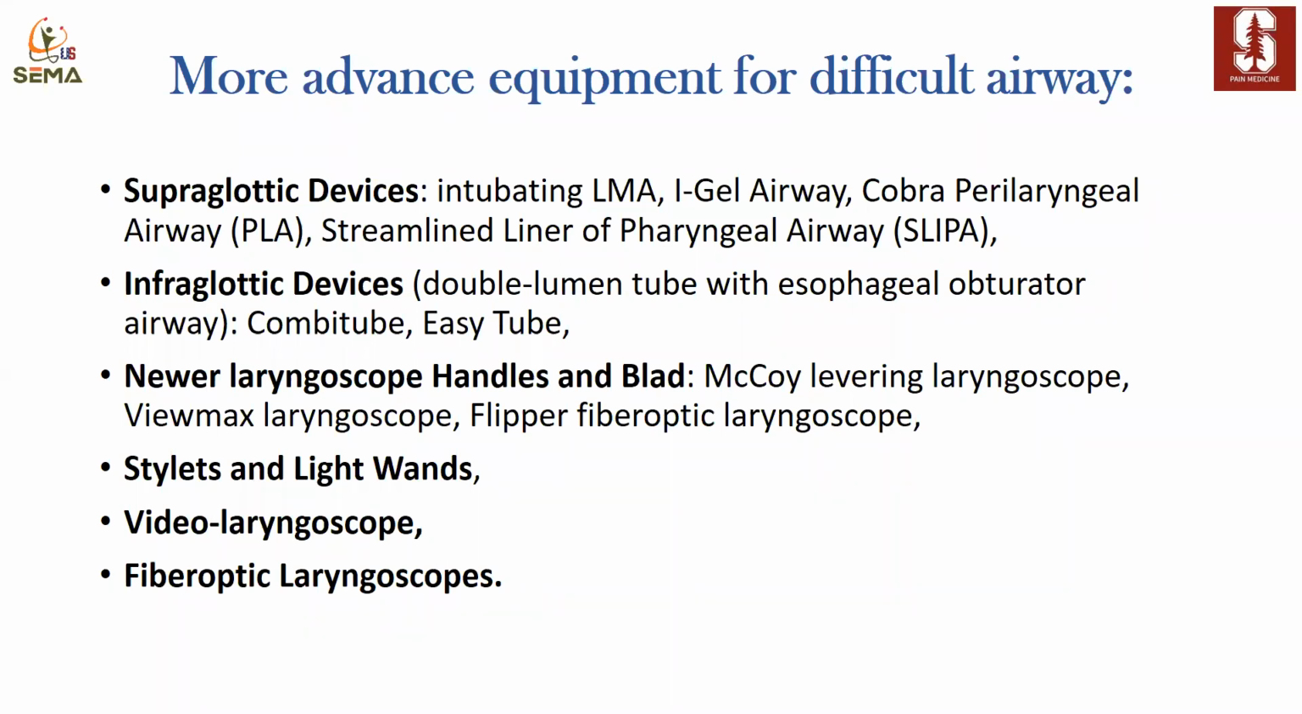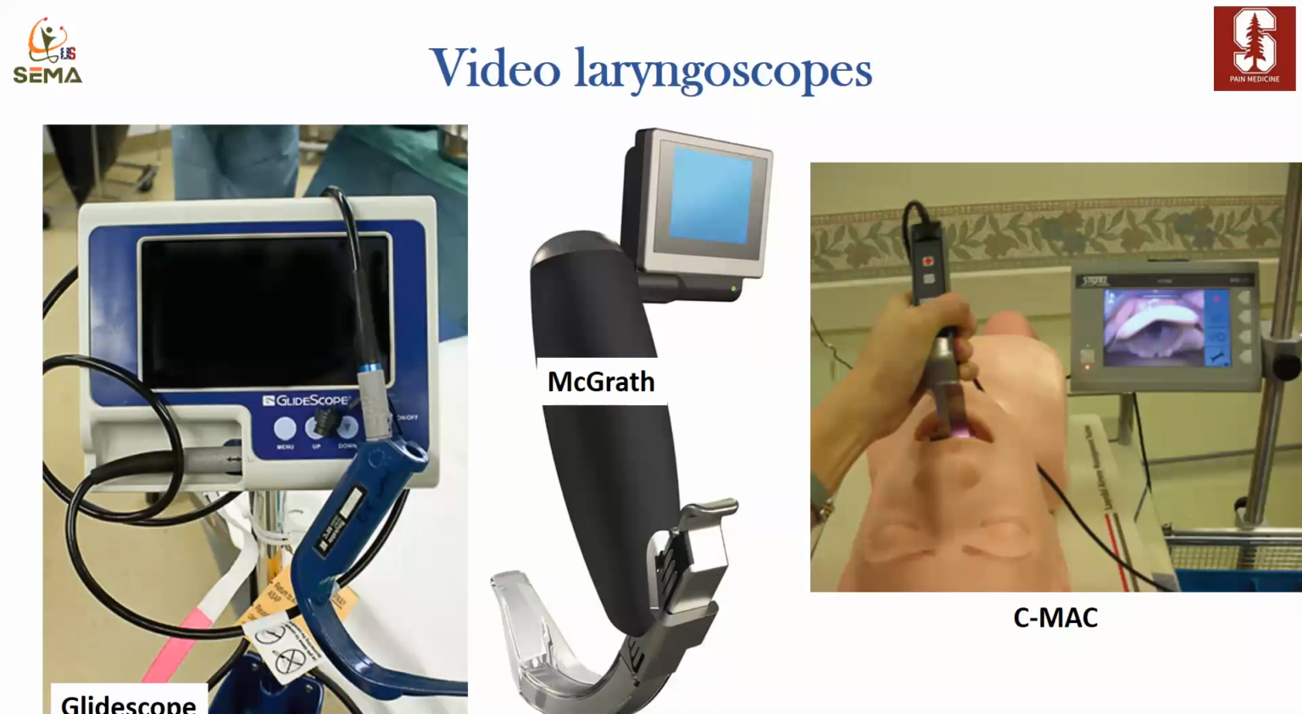And we have also infraglottic devices, which basically have a double lumen tube, one to go in the esophagus and one to go to the airway, with double balloons. Then we have newer laryngoscope blades and handles. We have stylet, we have video laryngoscope, and fiber optic laryngoscope. There are plenty of video laryngoscopes. I use the GlideScope, I use the CMAC,